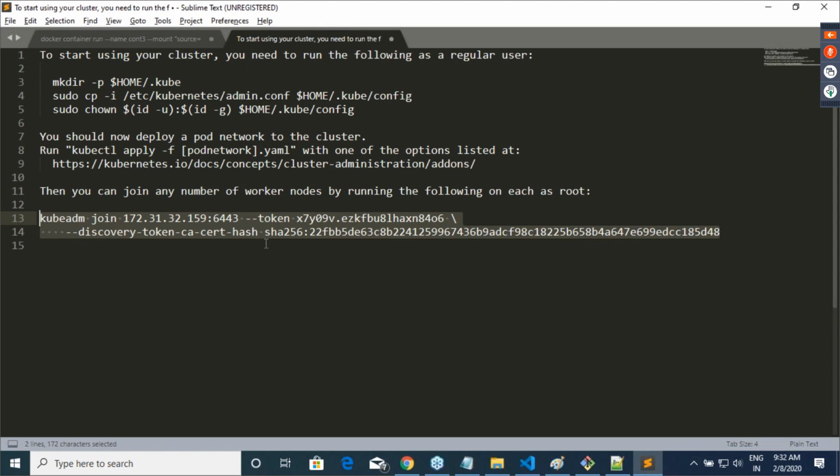Now you can add as many nodes as you want. But remember, this is a time-taking activity, and this is for machines running in your office. These are not cloud VMs. These are virtual machines present in your office, and you want to install Kubernetes on your own. That's the case where you use kubeadm. Clear on that? In reality, our production setup will be on cloud or whatever the provider is. Kubeadm can also be made highly available, so rather than a single master, you can make it multi-master. But in this class, we will not worry about it. We will look at the multi-master case at a later point.